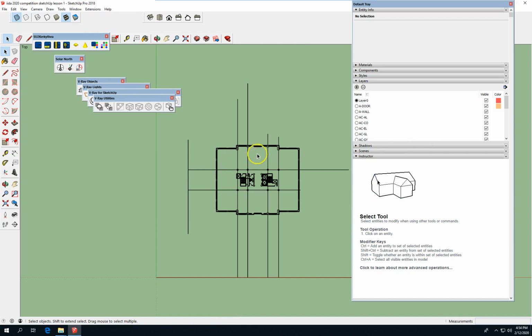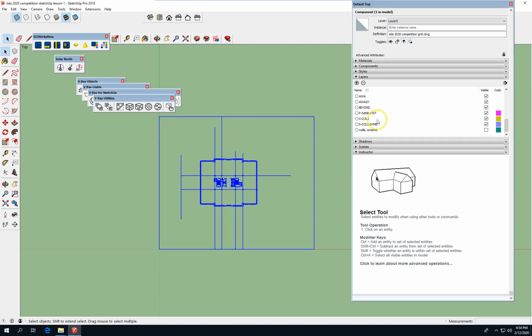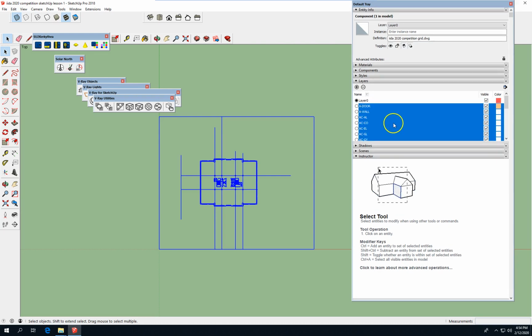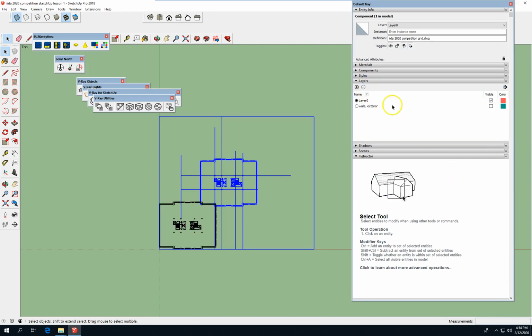So let's align this with the other drawing. So I'm going to similarly nuke its layers, move them all to the default. That was the only... Oops. I'm going to have to recreate that